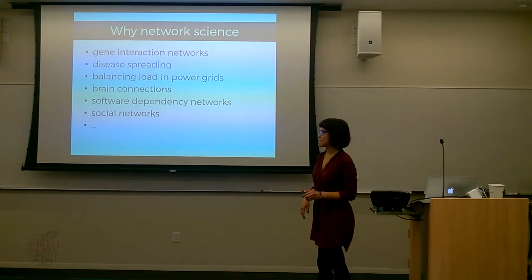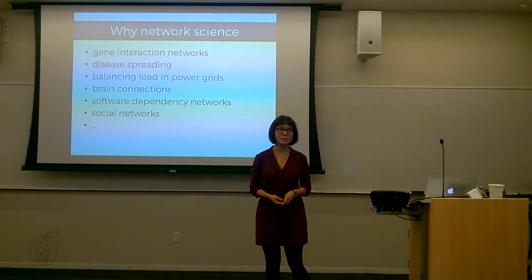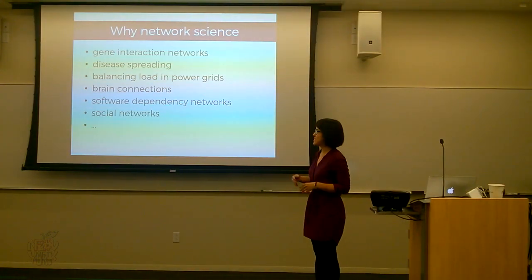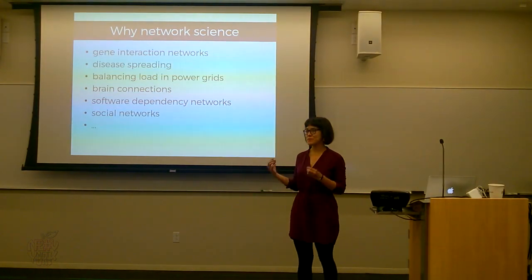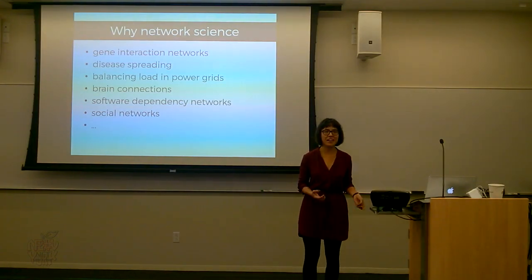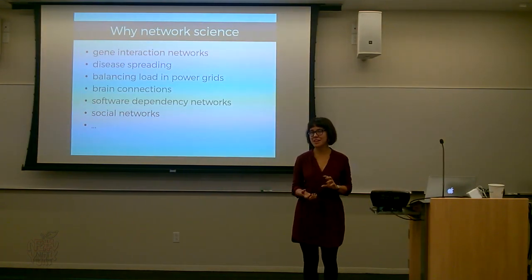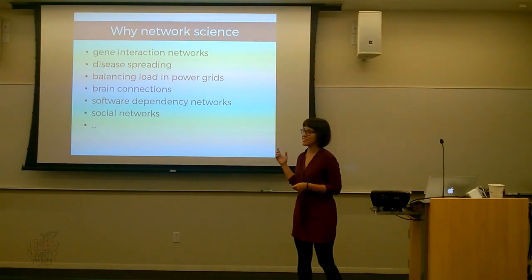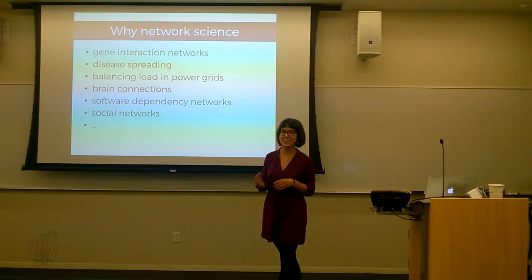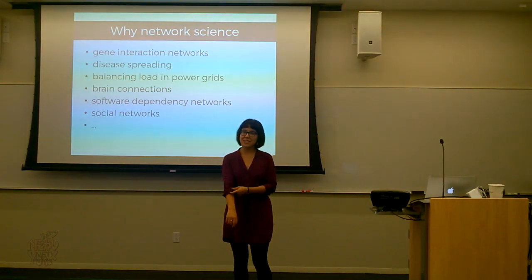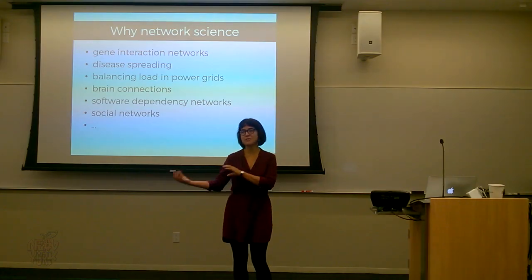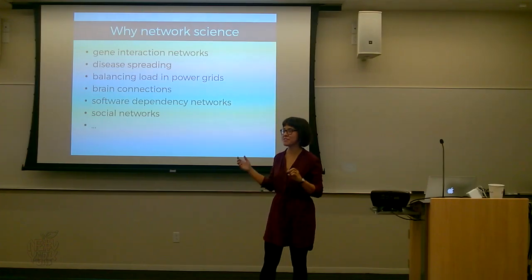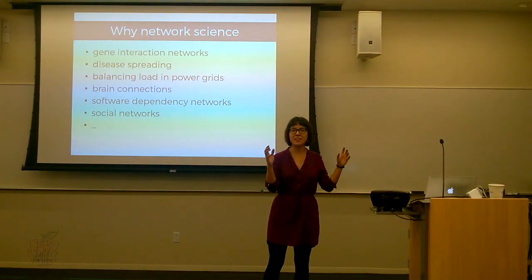First I would like to talk for a moment about why we should actually do network science. First is my area of expertise, gene interaction networks, where we can look at which genes are crucial in some biological processes. But that's not all. We can do disease spreading modeling. For example, right now Ebola is a very hot topic, and people are modeling what would happen if Ebola got to big transportation hubs, or how it spreads between villages.